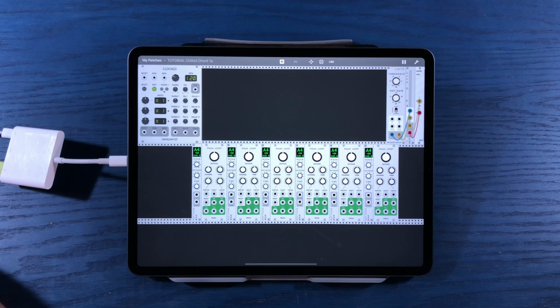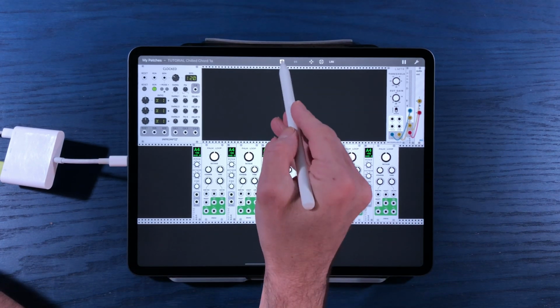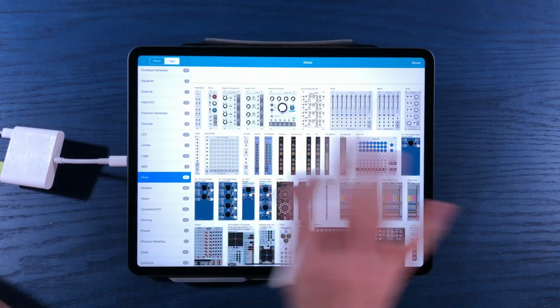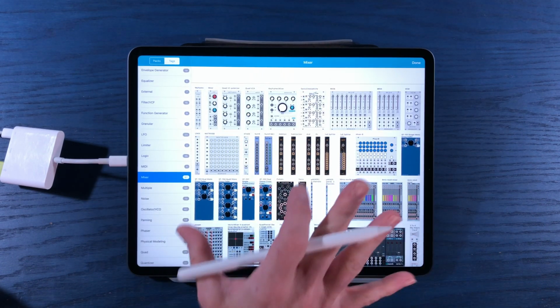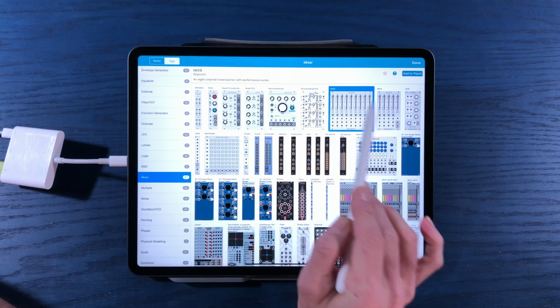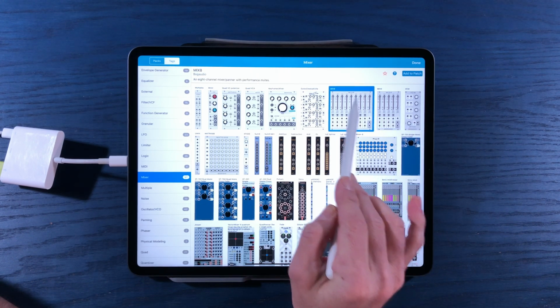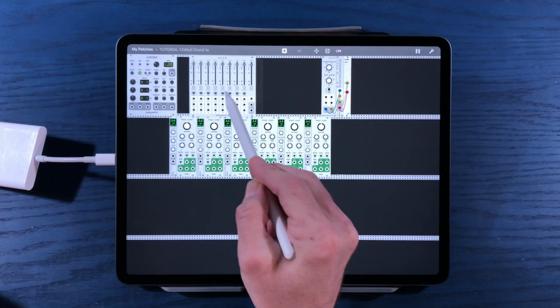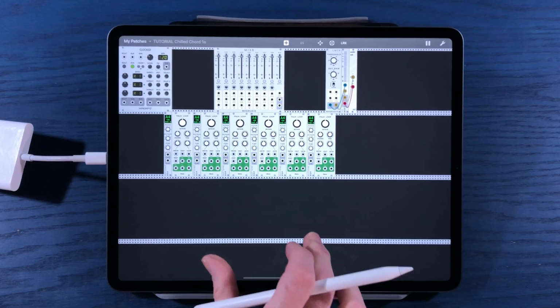We're going to need a way to hear the chord that we create today, so we'll go ahead and insert a mixer at this time. In the tag section, we'll scroll over to mixer. Again, which mixer you choose and how you choose to route the devices that you create inside of miRack is totally up to you. We're going to grab this Mix 8 today from Bog Audio, and I'm just going to put it right up here in the middle